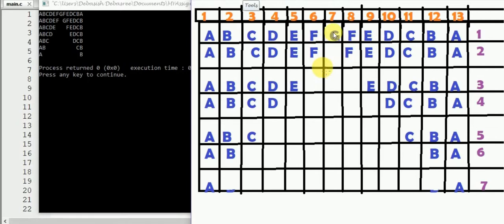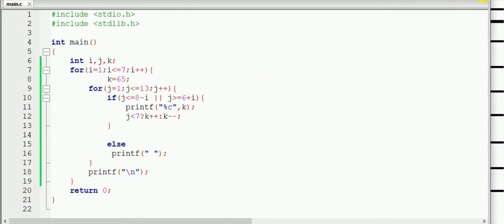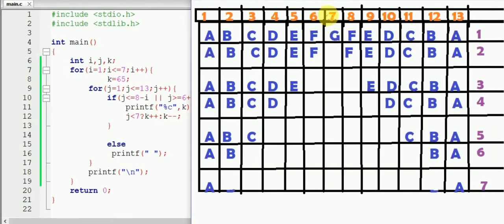So the omission of value means another decrementation of value should be included in our program, and we can't do it in the if block because the if block is only for the printing along the line. So we need to do it in the else part with the proper management of our space and this decrementation and further decrementation. So let's do it. So in the else part, what we should do, checking the midpoint. Yes, the midpoint is 7, so when j equals 7 we should decrement the k value